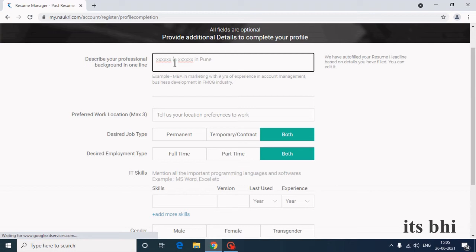So if you have less experience and a good education, you need to highlight your education in the beginning. If you have less education and a good experience, you need to highlight your experience in the beginning. Likewise, for example, you can get an example over here in the down. Okay, MCA